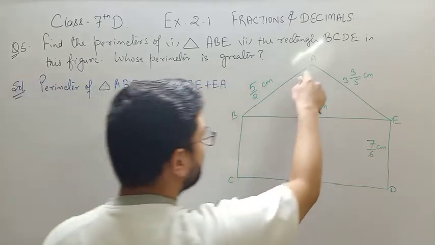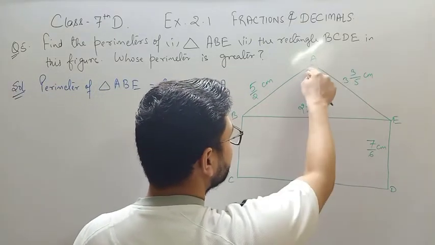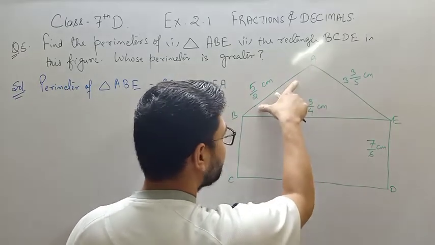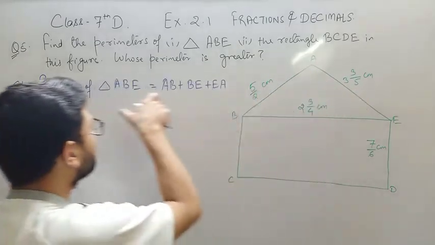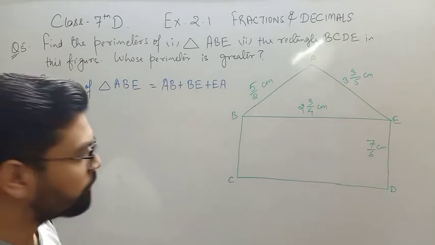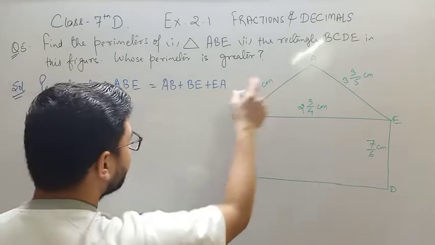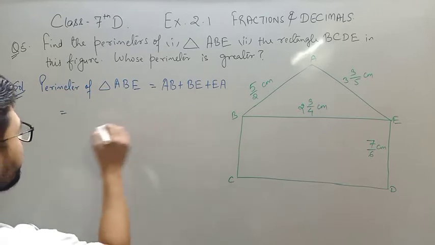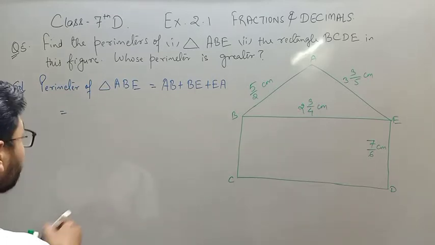So I just need to add the values of AB plus BE plus EA, and I'll get the perimeter of triangle ABE. Now, what is the value of AB? Here it is 5/2, which is given in the question,